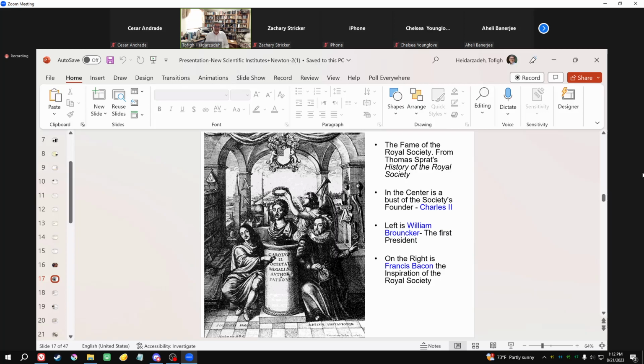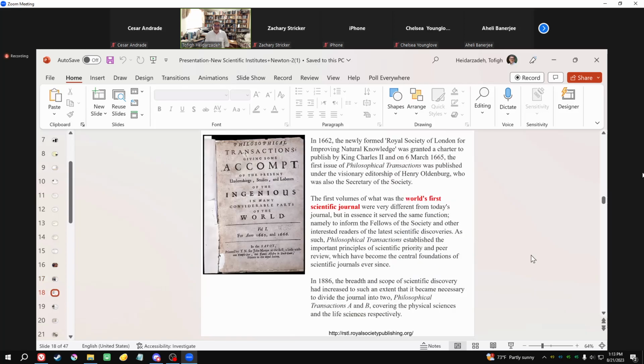This is the first issue of the Philosophical Transactions of the Royal Society of London. As you see here, this is covering what's called a volume, from 1665 to 1666, and this is the first scientific journal in the world. A very fast medium to share your ideas and your discoveries with your peers or the public,